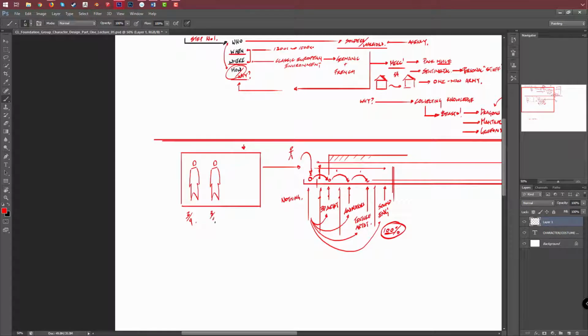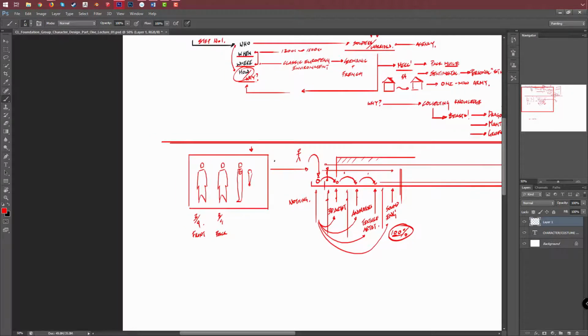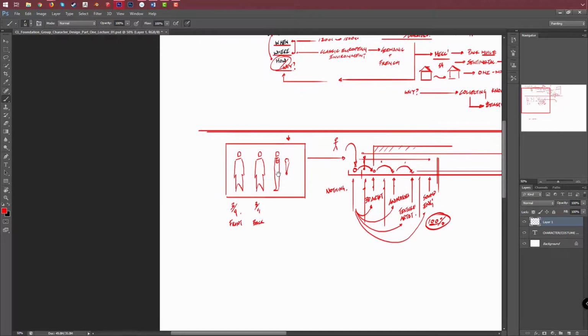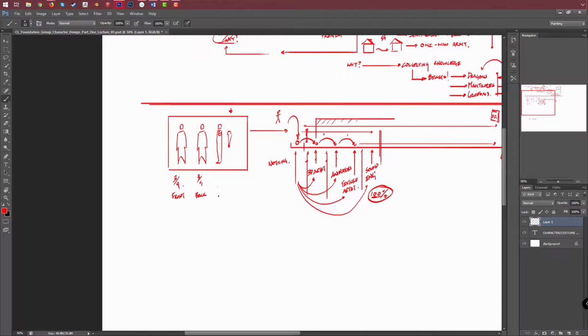You're going to end up with another one, so this would be for the front, back, and then you might have a side view, and then you might have an arm cut out. So very basic orthographics, right? You might have something like this, or if it's early stages, then what you might end up with